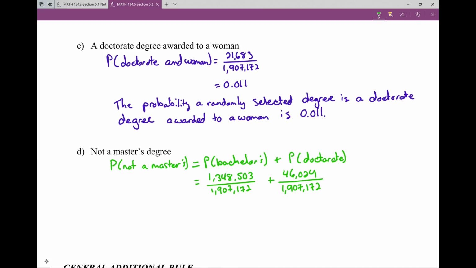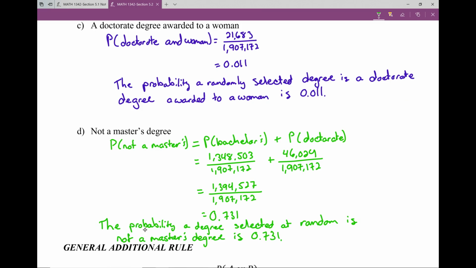Again, my denominators are going to be the same, so I'm going to add my numerators, and I will get 1,394,527 out of my 1,907,172. I do this division, and I get 0.731, or 731 thousandths. So the probability a degree selected at random is not a master's degree is 731 thousandths,